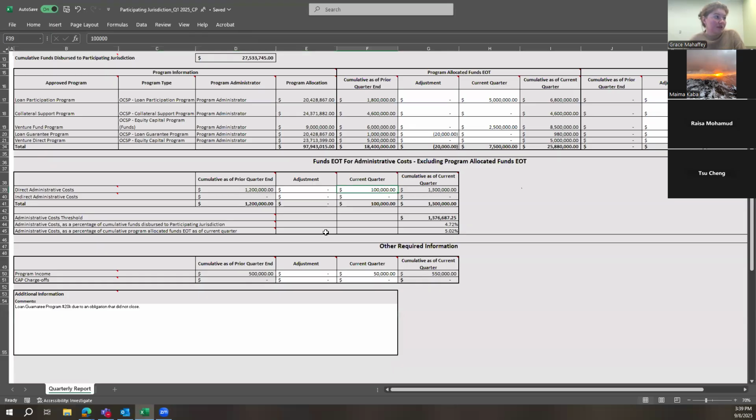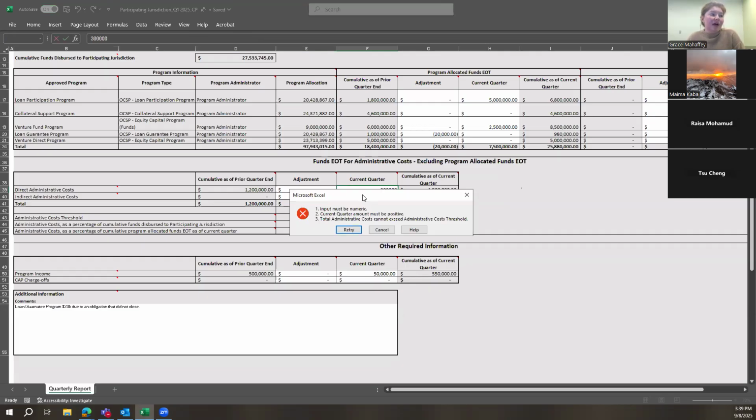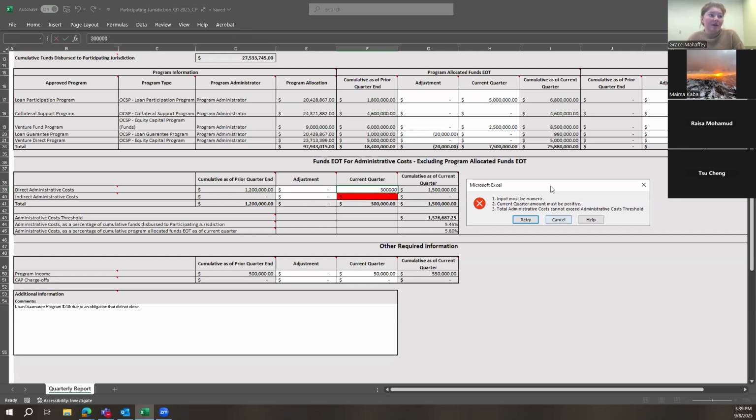So let's say instead of $100,000 in admin direct, we have $300,000. Again, once we enter that, we see some red and we get a pop-up saying we have an issue. And this issue is due to our cumulative administrative costs exceeding our admin cost threshold. So the way that you can get around this, if you choose, is to use program income to offset your